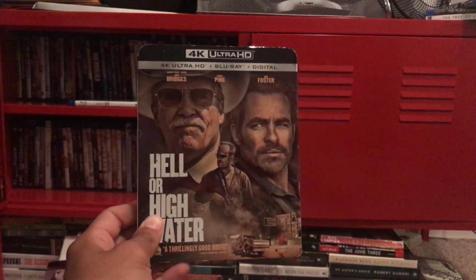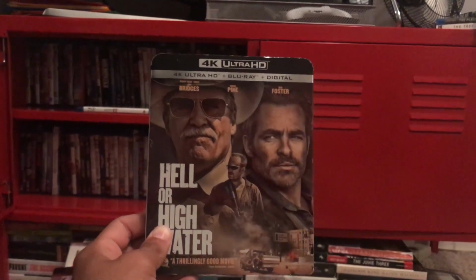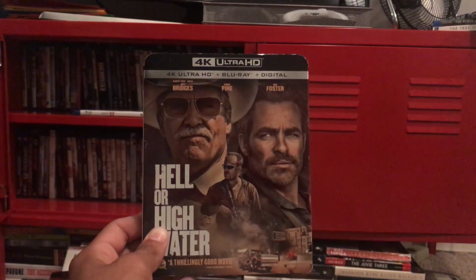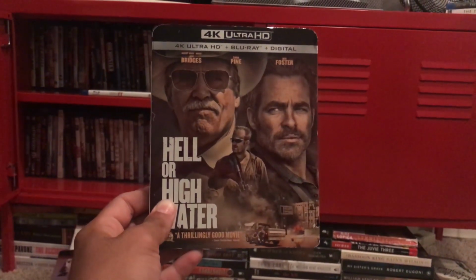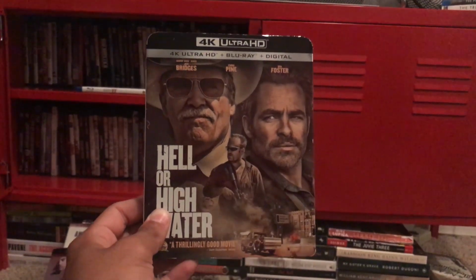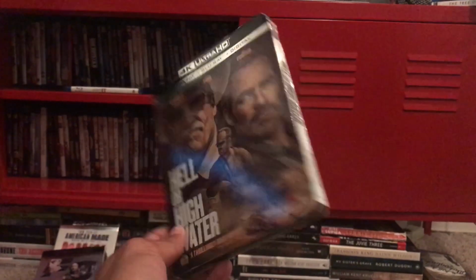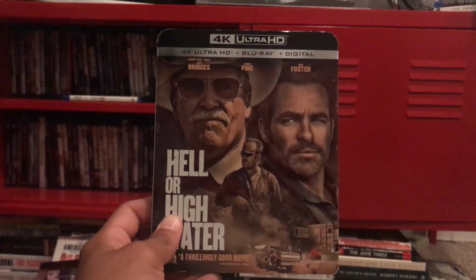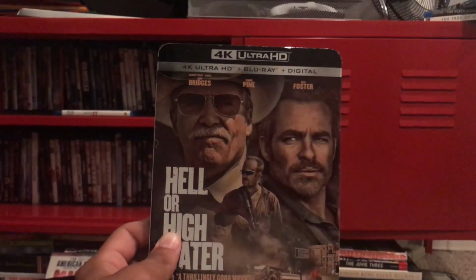But Hell or High Water, this is the other one that I had on Blu-ray and then I rebought on 4K, because like Sicario and like Wind River, some of the cinematography in this film is absolutely unbelievable, and I really wanted to see if that would transfer and it would look even better on 4K, and I mean it did. I mean, I wasn't super impressed, but